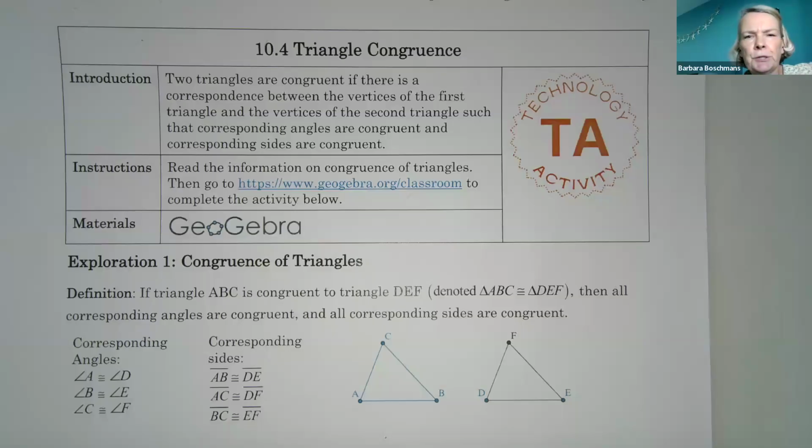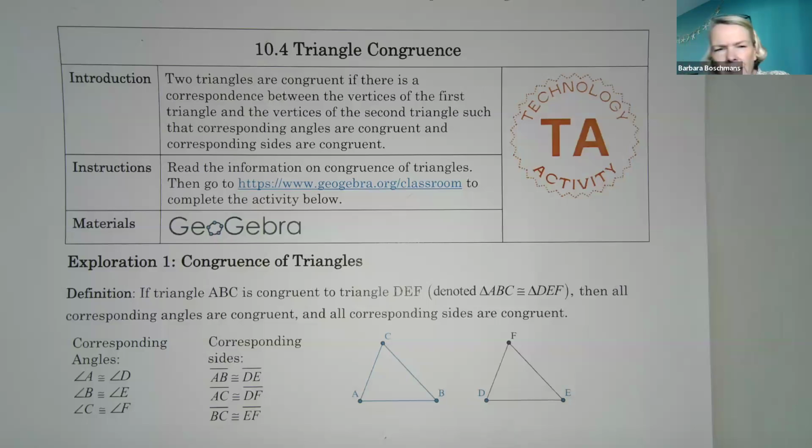Activity 10.4, Triangle Congruence, will look at properties of triangles, angles, and sides. And we only need 3 sets to conclude that 2 triangles are congruent. When they're congruent, they're going to have the same side measurements and the same angle measurements. So you have an example right here of 2 triangles, triangle ABC and